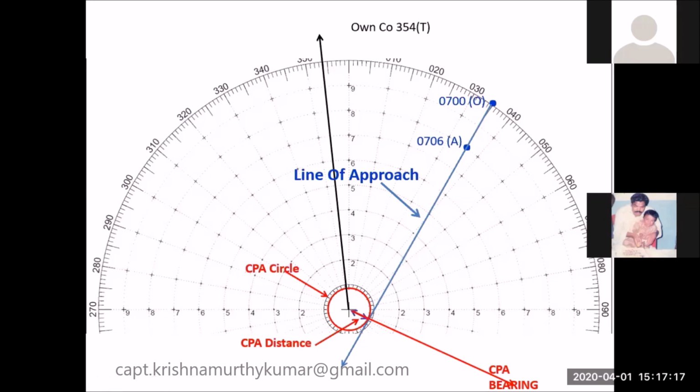So in this, you will find what time he is going to pass here. All you have to do is continue to plot, or take this distance divided by this distance, multiplied by the plotting interval of 6 minutes. If this is, let's say, 8 miles, and this is, let's say, 2 miles, 8 divided by 2 is 4. 4 into 6 minutes: in 24 minutes, he will be here, passing closest to you.